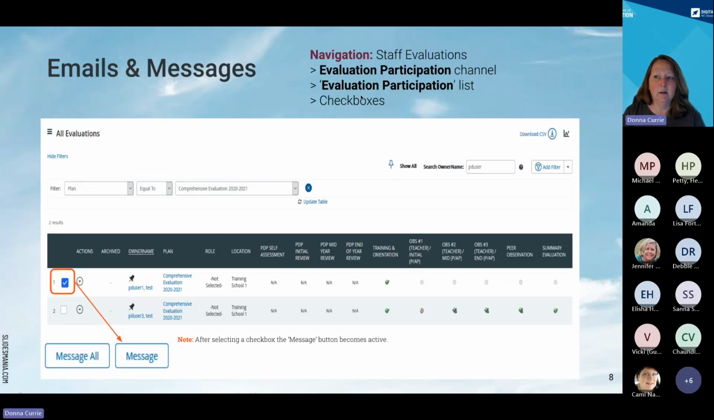And so when you're in here again, you would navigate to staff evaluations. From the evaluation participation dashboard, you can look at